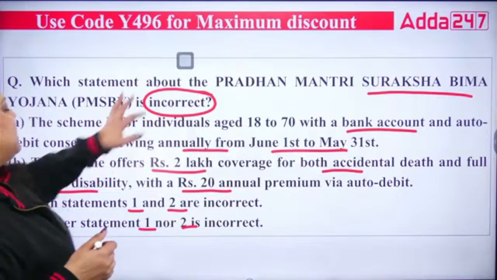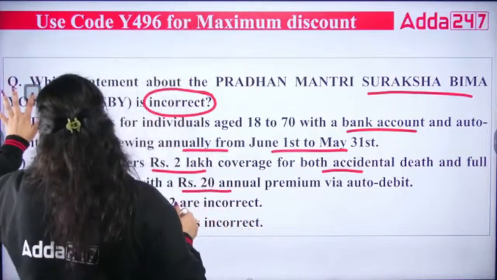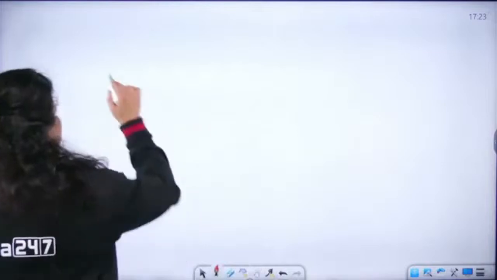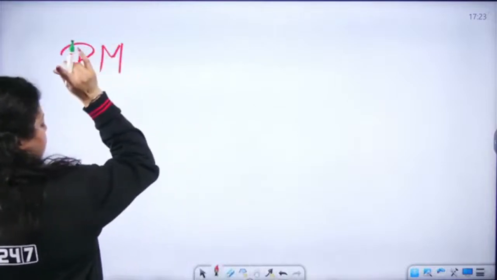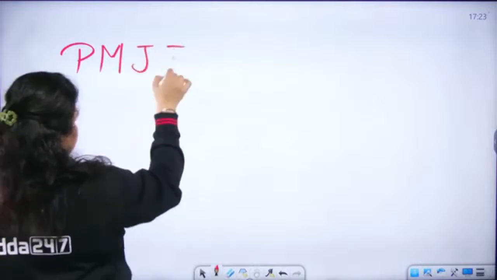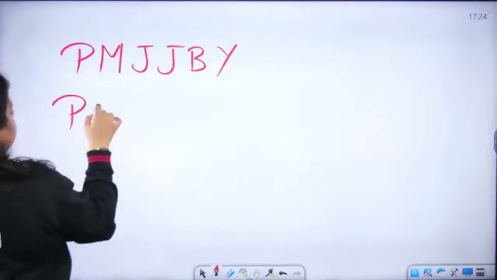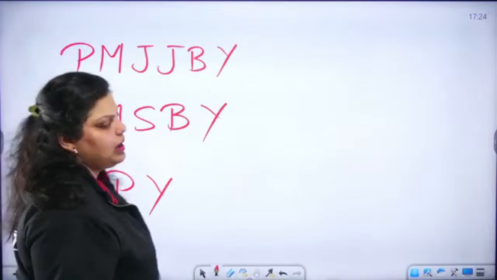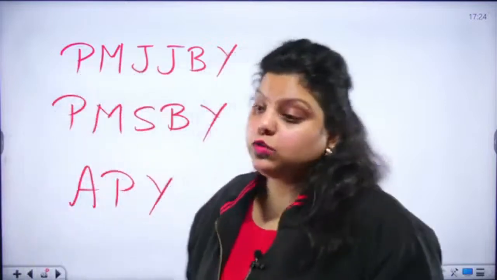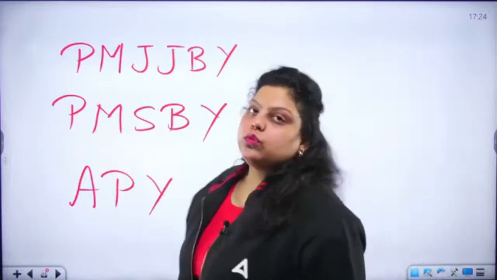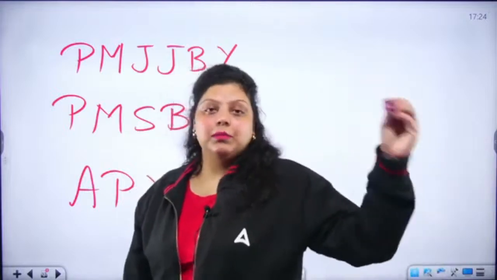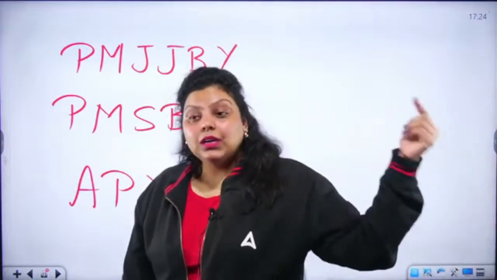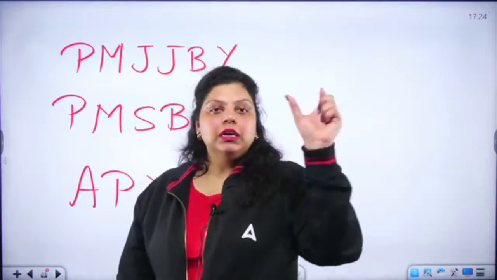So you have to answer which is incorrect. First of all, Pradhan Mantri Suraksha Bima Yojana, Pradhan Mantri Jeevan Jyoti Bima Yojana, and Pradhan Mantri Atal Pension Yojana: these three schemes were introduced by the government on a single day. These three schemes were introduced by Mr. Modi from Kolkata in May 2015. A lot of people are confused about the age group. The rest we remember, the premium we remember, how much pension will be available we remember. Everything is easy to remember, but the confusion is about what the age group actually is.